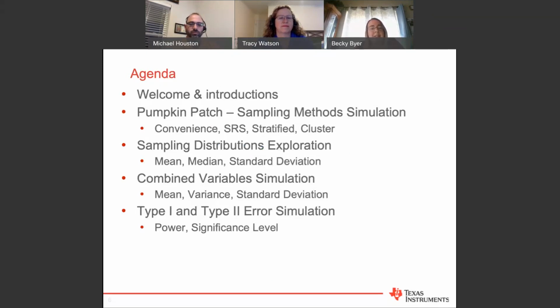Once we've talked about how to collect data, then we're going to move on to sampling distributions and explore mean, median, and standard deviation. Then we'll talk about combining variables and do a similar simulation from the sampling distribution. And then we'll wrap things up with a type 1 and type 2 error simulation that deals with both probability for type 1 and type 2 error and how to calculate power.